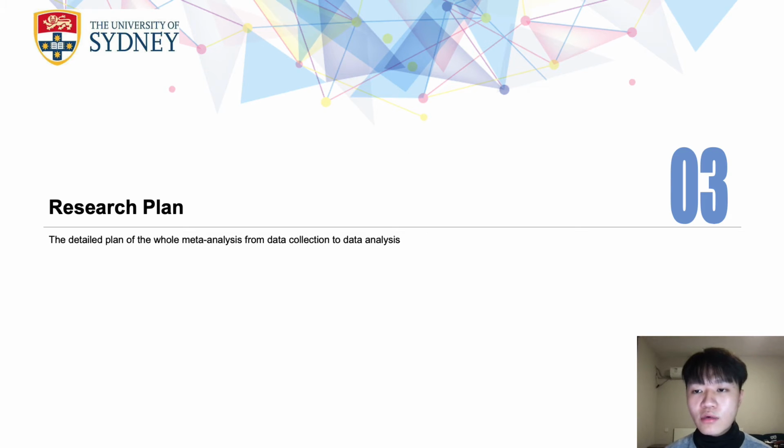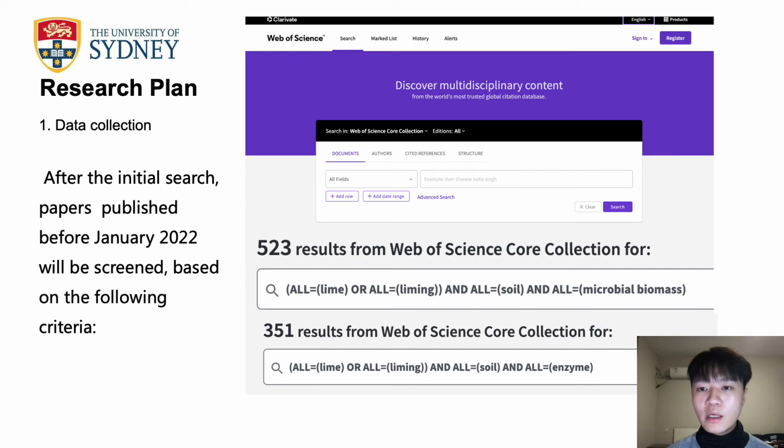After setting the research targets, a corresponding research plan is necessary, and the third section is my research plan. In the first step, I need to collect the data for the coming meta-analysis. I'm going to use the Web of Science database to find some peer-reviewed scientific articles. Here is the homepage of the database, and the initial search queries are here. After the initial search,